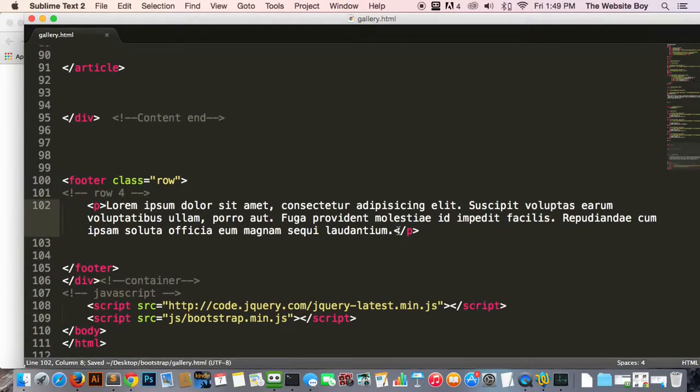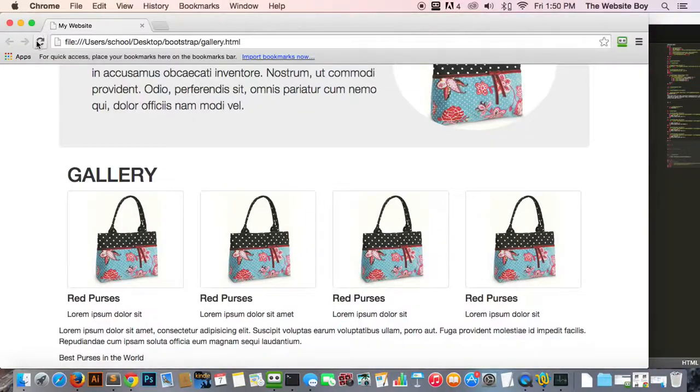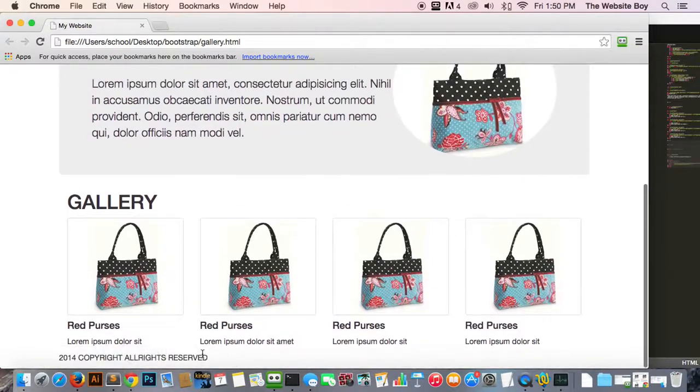and let's just call this, I don't know, copyright 2014, or whatever year it is on your side. Mine's 14 right now, but it could be 2020 on your side. Copyright or rights reserved, whatever. I just want it to be noticeable, reserved. All right, we should see the footer is different now, and it should be just this little text right